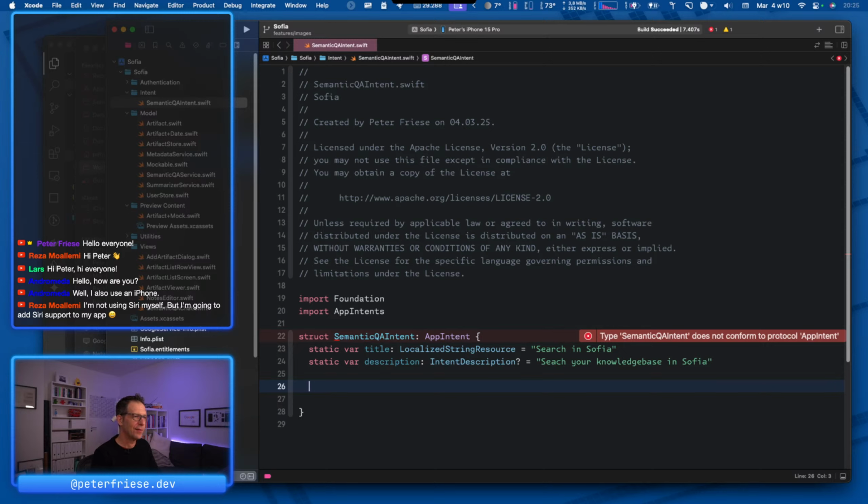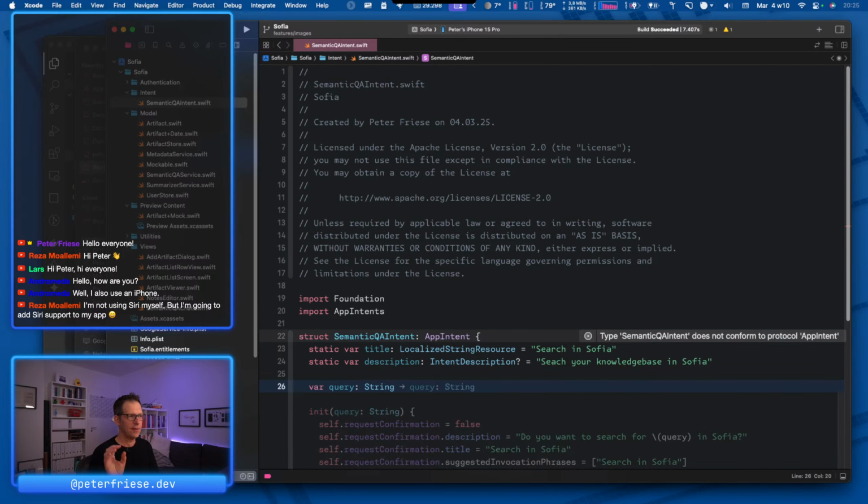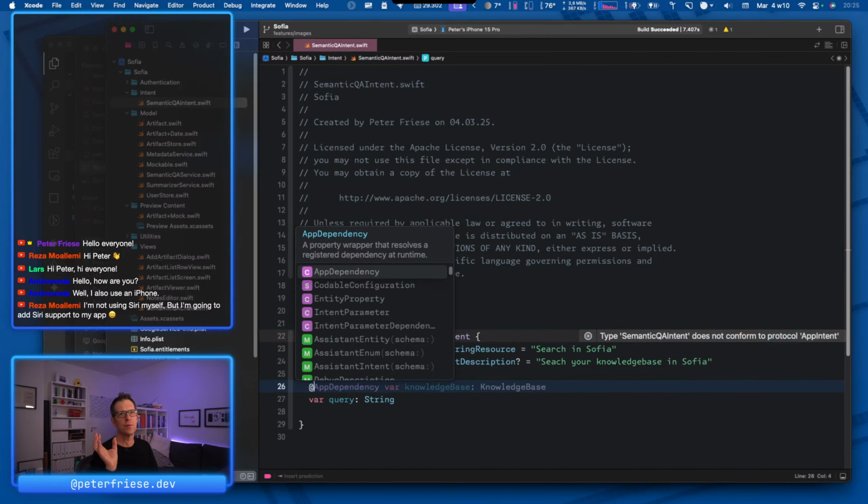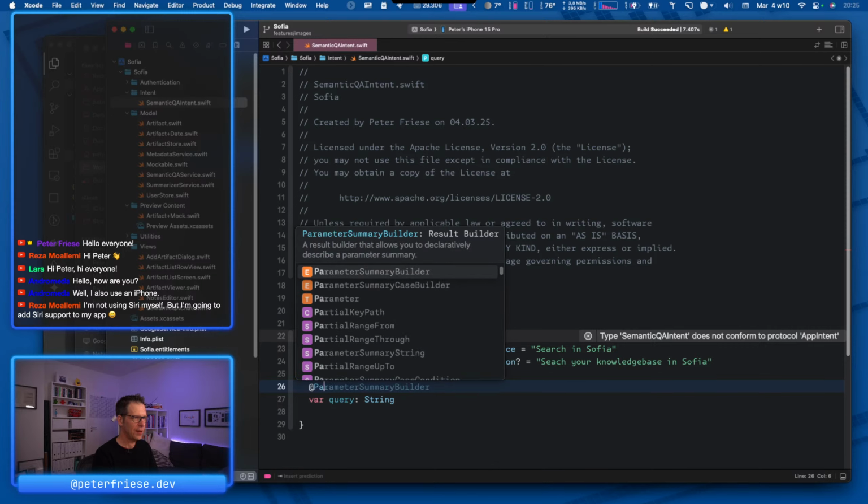In this really fantastic Australian accent that I'm unfortunately not able to reproduce. So what we need is a property that can take this user query, and in order to expose this to the App Intents framework, we will use this parameter